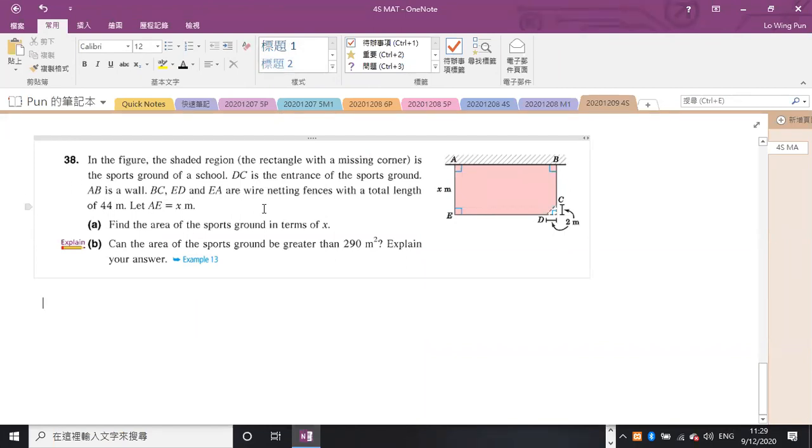BC, ED, and EA are wire netting fences with a total length of 44 meters. 好啦，嗱呢度啊，小心啲喎。BC、ED 同埋 AE、EA 就係一啲圍欄嚟嘅。呢3節嘅圍欄嘅總長度就係44米。OK， 好啦，咁跟住AE 佢幫你叻咗噶啦，就係 X 咁多米。然之後咧，Part A，find the area of the sports ground in terms of X。